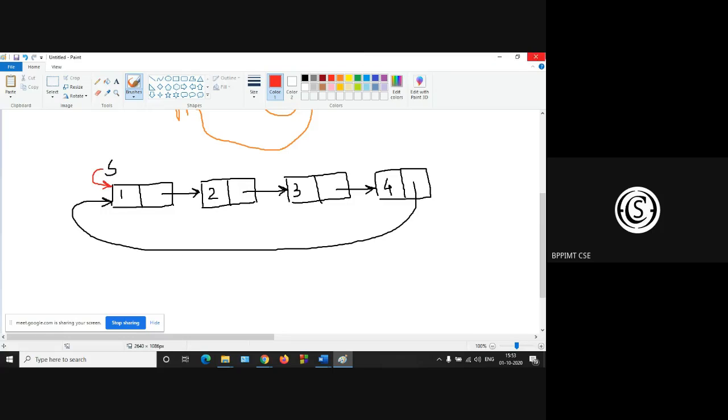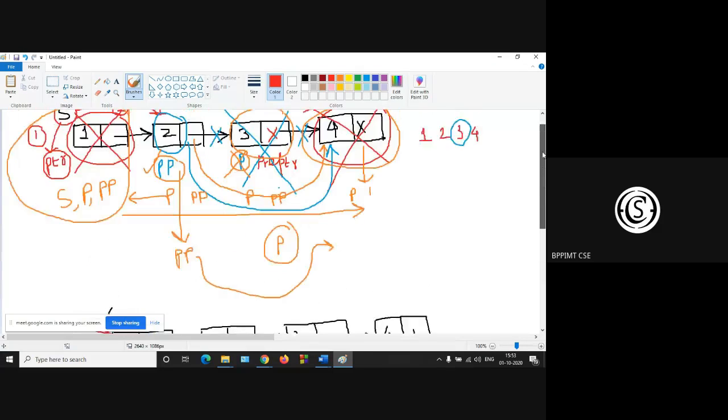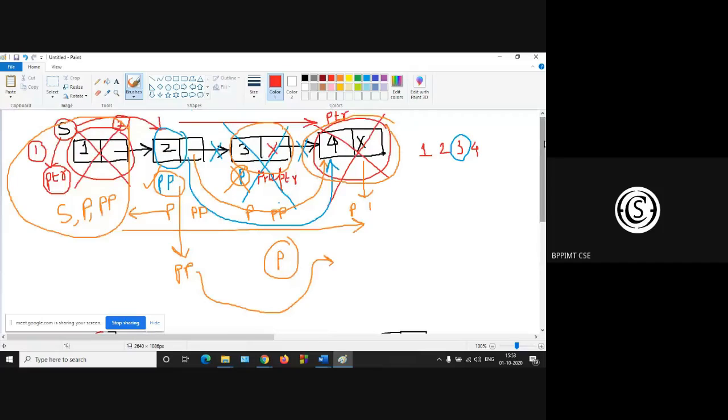In case of a single linked list, what is the condition for reaching the last node? We take a temporary variable ptr, and the condition is while ptr arrow next is not equal to null.